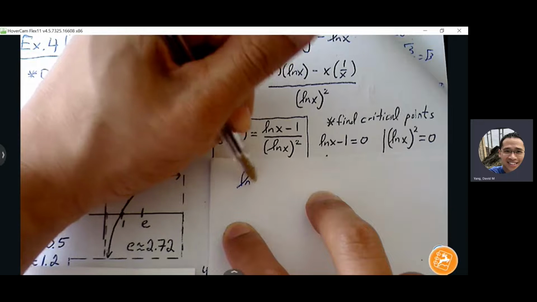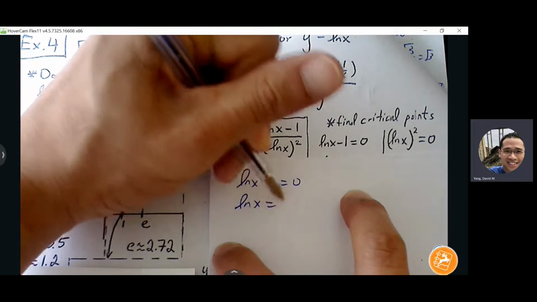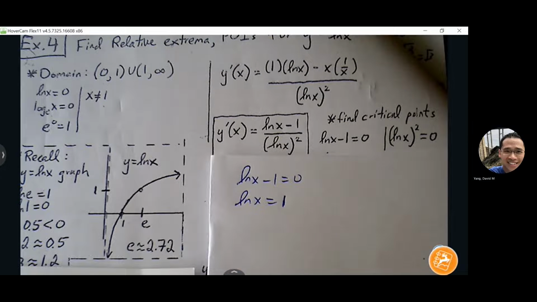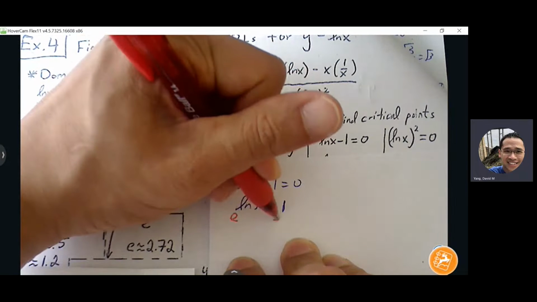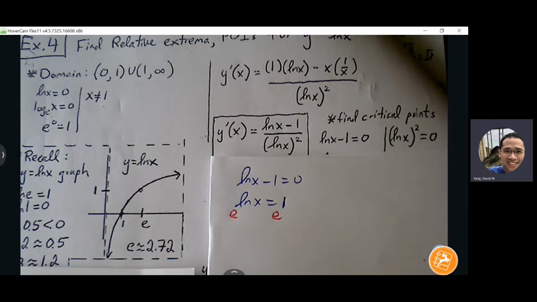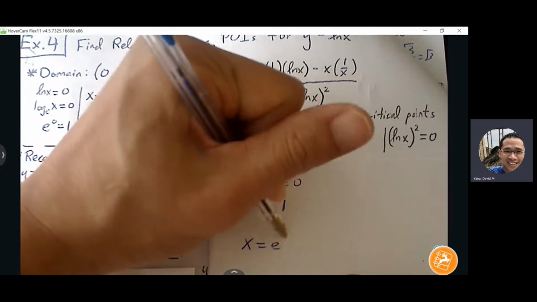Natural log of x minus 1 equals 0. Natural log x is equal to 1. Natural log of what value is equal to 1? e. Okay, so the graph is helpful, but you can also work your way through algebraically by solving for x by involving e. You know, e raised to the natural log. e and natural log are inverses. e and natural log cancel out. The x drops down. x equals e. We get the same